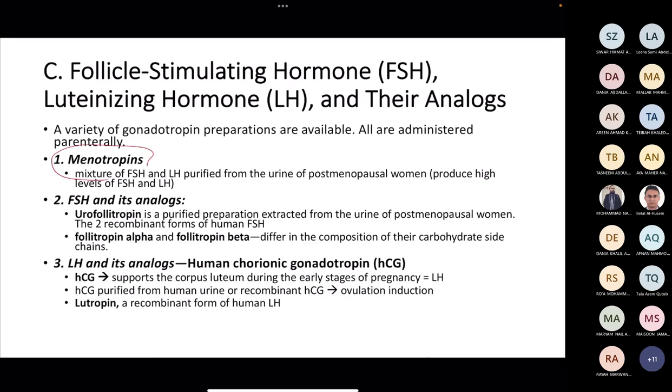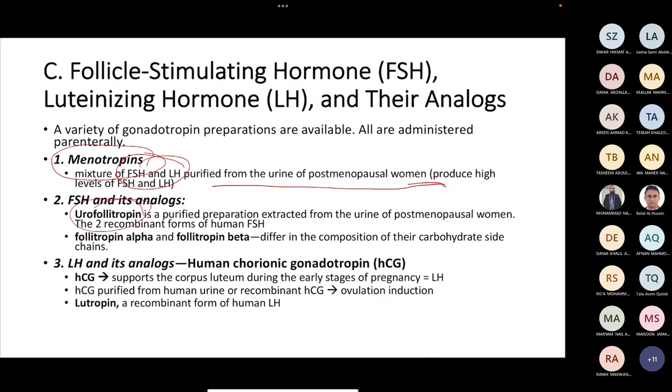Okay, so menotropins are زي ما حكينا زي الميكانيزم اللي قلناها هلا هو mixture of FSH و LH, okay, that is found in postmenopausal women's urine. Okay, why? زي ما قلنا ما في estrogen released, ما بيعمل feedback inhibition للrelease of FSH or LH, so they acquire the urine and then they purify it. Okay, هلا